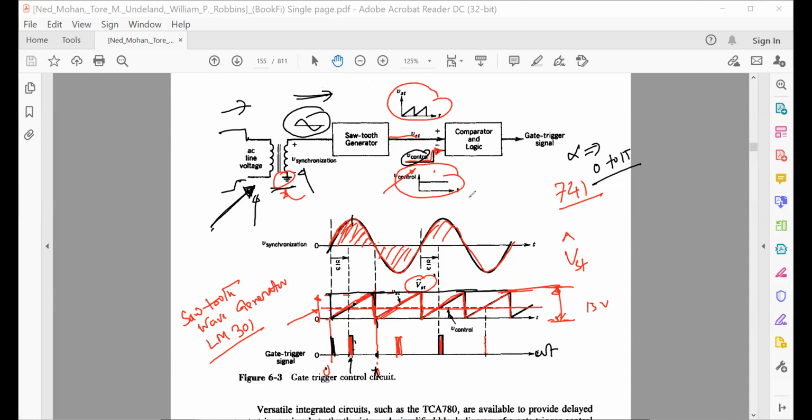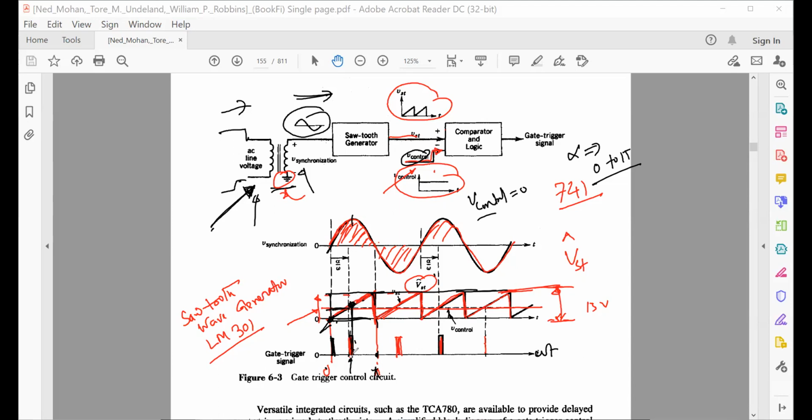If the control voltage is 0, V control is 0, look here, then it will be like this. The comparator circuit will compare this control voltage with the sawtooth wave, and the pulse will be generated at omega t equal to alpha equal to 0. If you increase the control voltage, and suppose you are putting it in the middle of that sawtooth wave,